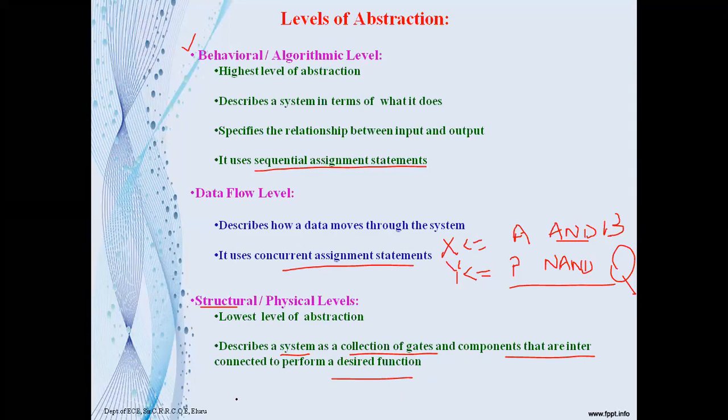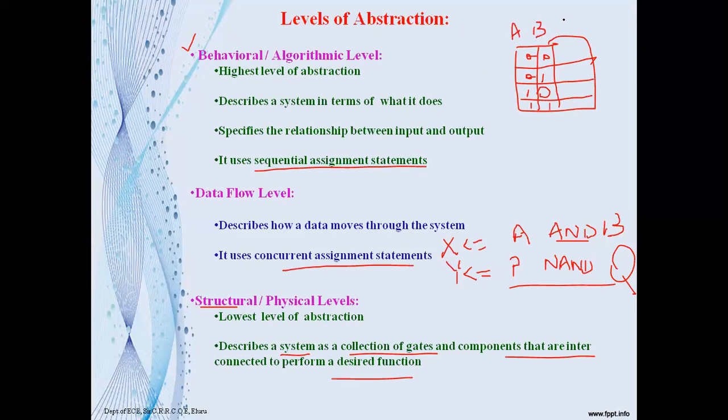To easily understand this, at the behavioral level, we use the truth table. We use the truth table of a logic gate. Say, for example, take an AND gate. So you will have a 2 input AND gate. If you take the 2 input AND gate, you will have 4 possible combinations, and for the 4 possible combinations you will have the output. So 0 0, 0 1, 1 0 and 1 1, A and B.